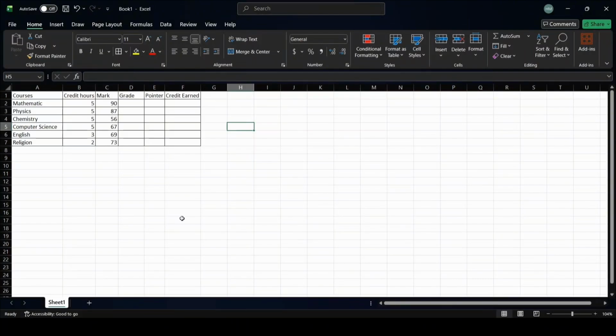So in this video today, I'm going to show you guys how to make your own GPA calculator. For the first step, you will have to make this table by yourself. Basically, you just have to put in the courses, credit hours, marks, grade, pointer, and credit earned. The mark you just have to fill in, and the next three columns are going to be auto-filled. And for us to autofill, we will have to create a table which we're going to call the grade